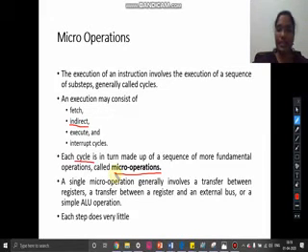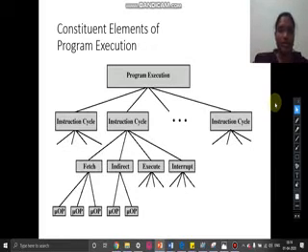In every cycle there is a sequence of micro operations, and it involves transfer of data between the registers, or between the register and the bus, or between the register and the ALU to do the ALU operation. In each of these micro operations it does very little, and so these are the constant elements of a program execution.